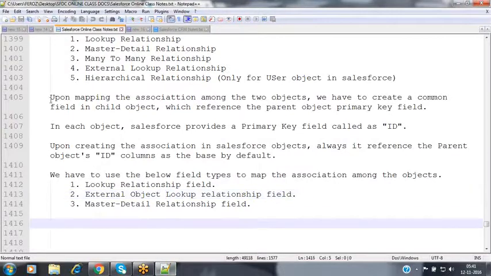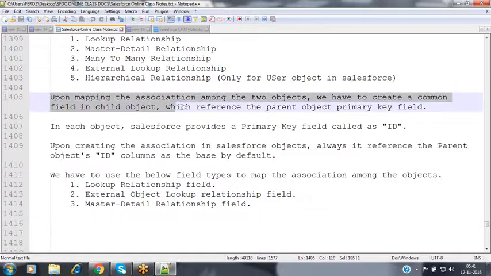We have discussed clearly that upon mapping the association between two objects, we have to create a common field in the child object which references the parent object's primary key field. In each and every Salesforce object, we have one common field called the ID field.